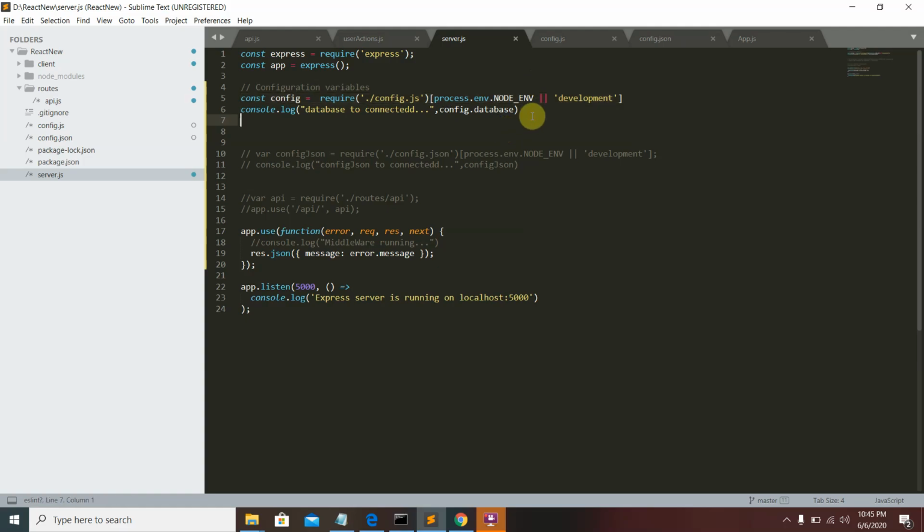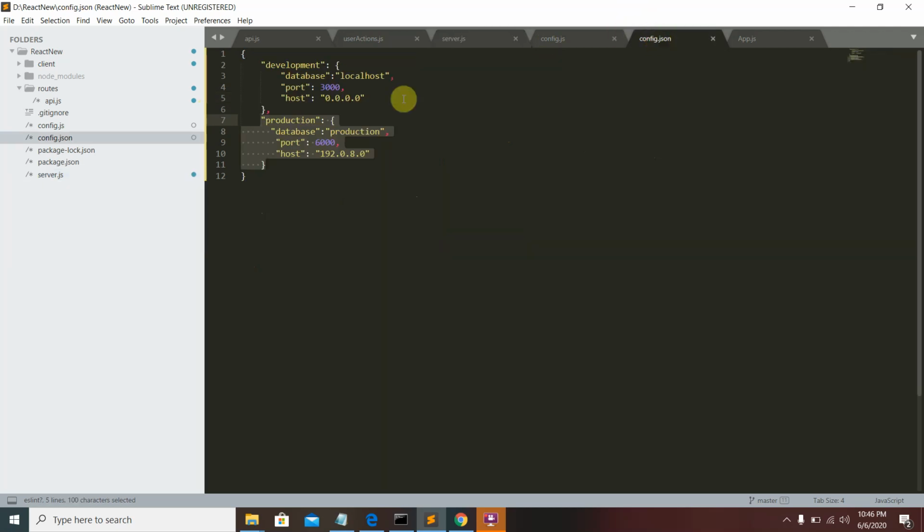So this is one way: create a config.js file and import this file, and then you can fetch different environment configurations according to NODE_ENV. The second way is that we can create a config.json file. I create a config.json file here with two objects: the first one is the development object, and the second one is the production object.